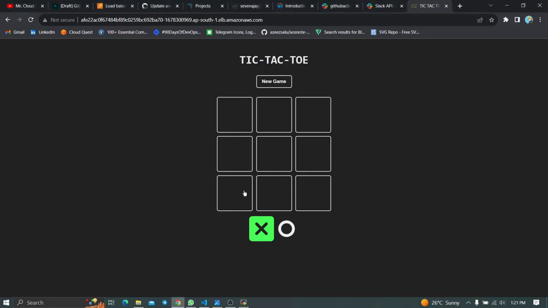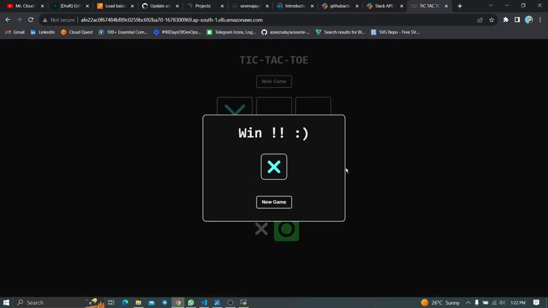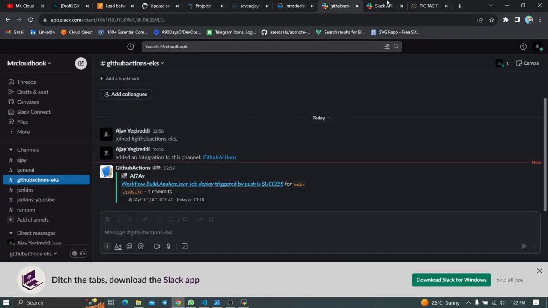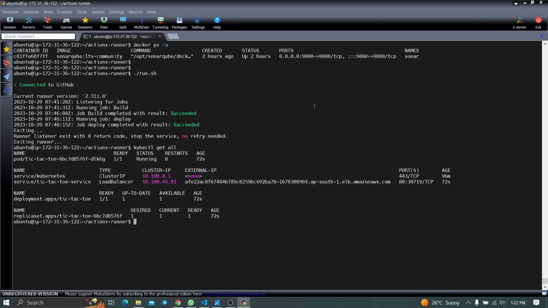Okay, so we can play the game also, and you can see we can play the game easily without any errors. Okay, this is how you have to deploy your application with the GitHub Actions. Okay, and we are getting the notification to the Slack, and we got the image inside our kubectl, and every